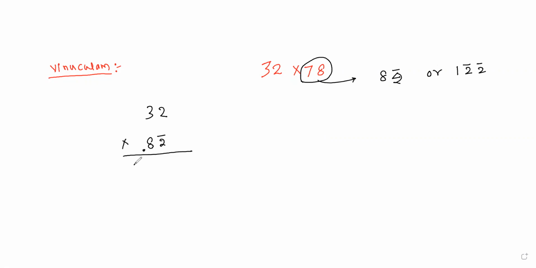8 into 3 is 24. That is not a problem here. And the second step will be this one. 8 times 2 will be 16. 3 times minus 2 will be minus 6. Then you are getting 10 here. And the final step will be minus 4 here. So minus 4, 0, carry forwarded 25. But this is not exactly the answer, so we have to convert it.